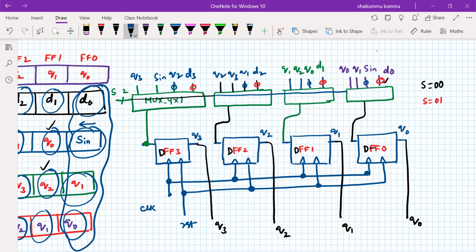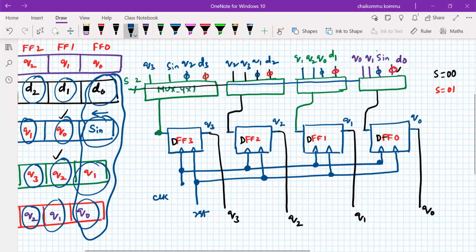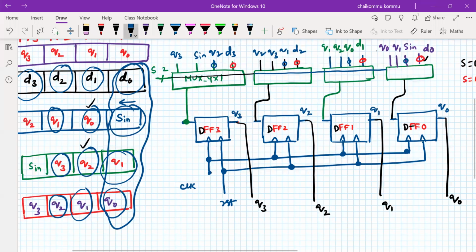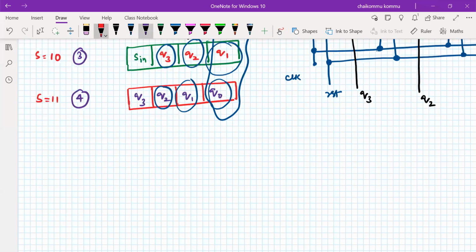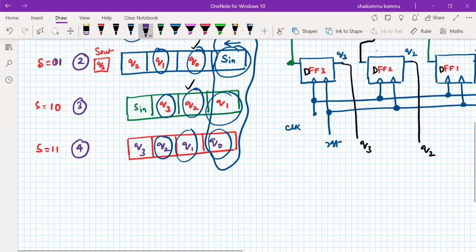So if the flip-flops are filled with associated data, based on the data, we can say whether it is a right shift, left shift, holding information, or maybe parallel loading of the information. Okay, so please try to do it at home as a homework by using the structural modeling. I'm going to use behavioral modeling with the help of a simple statement. Okay, so whatever logic I have mentioned here, the same logic I'm going to use here.